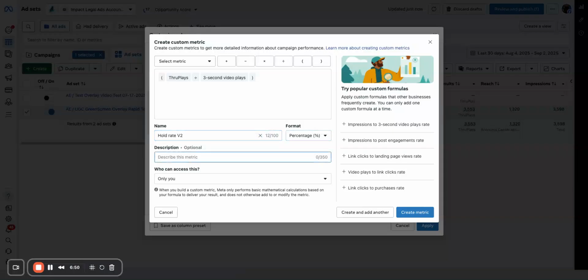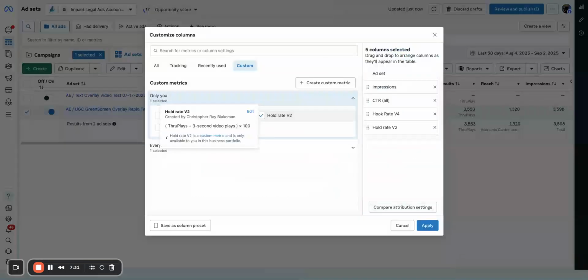And this is people that consume 15 seconds or more, right? Because you're basically taking the number of people that were hooked and then consumed the video, got it through play, right? Give that as a percentage. Again, everyone in the business should be able to access this. Okay, so we're going to go ahead and create this metric,